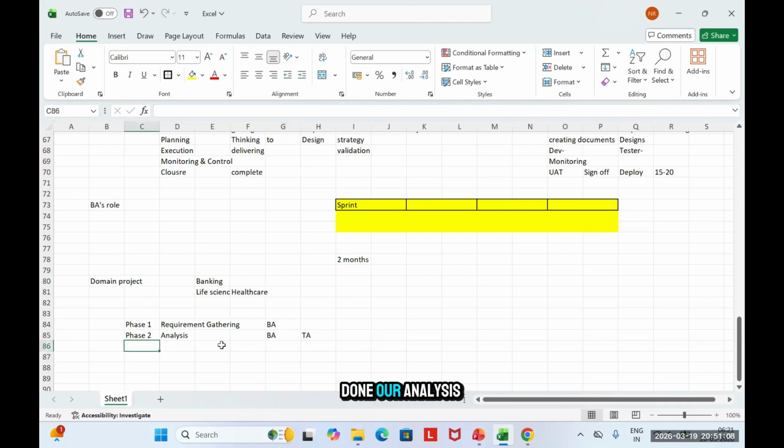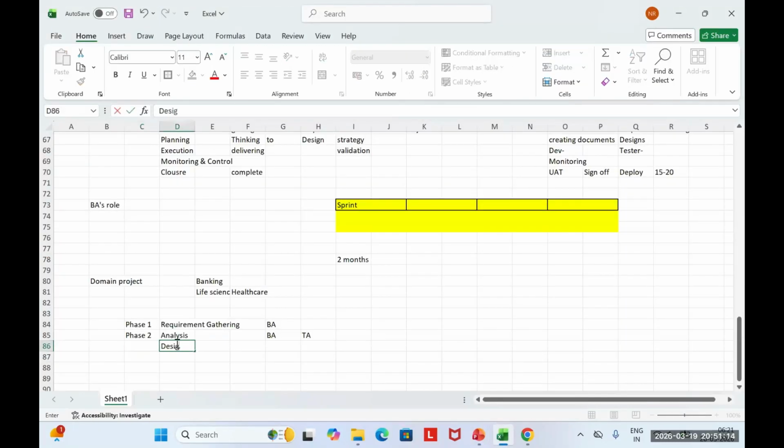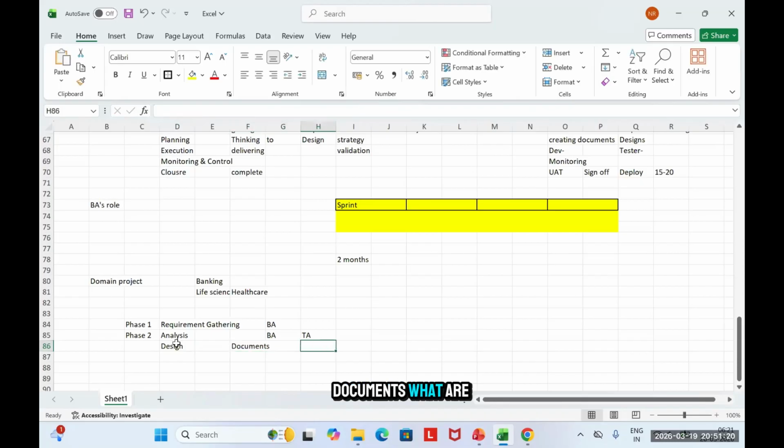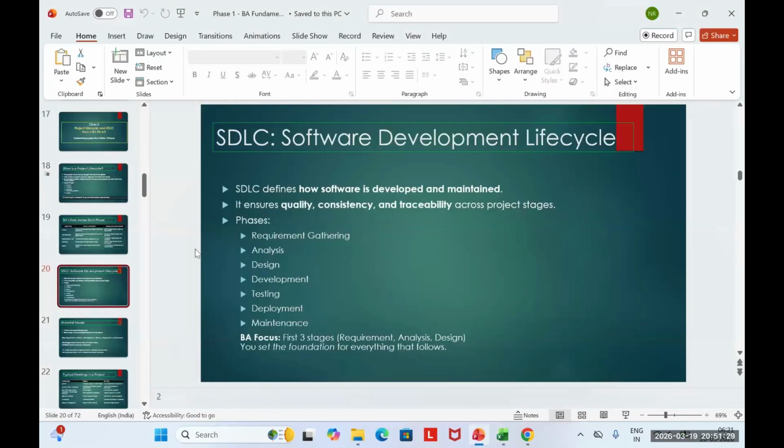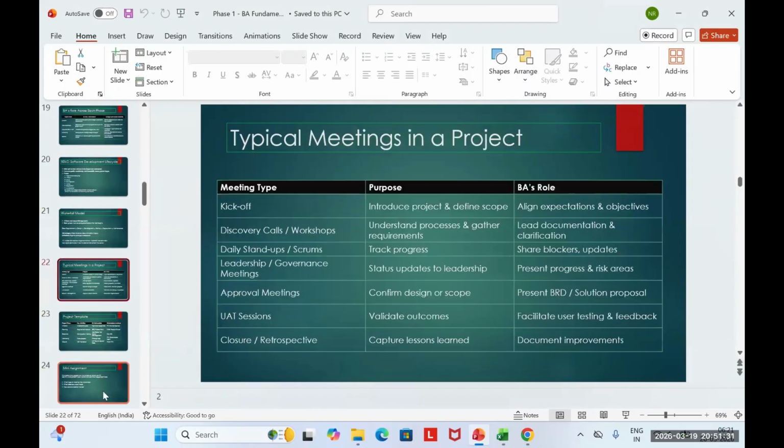After we have done our analysis, my next part is design. Design is where I'll start creating documents. What are the different types of documents? We have BRD, we have FRD, right?